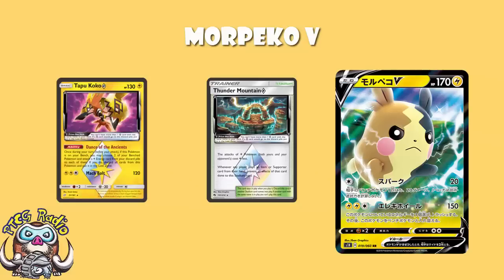Tapu Koko attaches an energy from your discard to 2 of your bench Pokemon, 1 to each. Thunder Mountain Prism Star reduces the attack cost by 1 lightning energy, and then you're stuck there with essentially a 2 energy attack, 1 of which you're putting on with Tapu Koko, and you're rolling. The thing is, as easy as this is to get in one turn, is it better than the